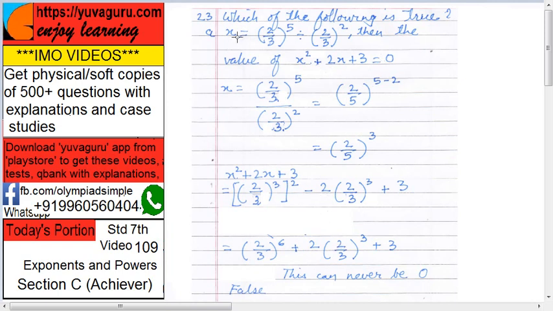Why? Because x is plus. Is there any minus sign in between? So this answer will definitely be plus. Now if this answer is plus and you input this value in this expression, can this ever be 0? Because it is plus, some number will be there. That's why this answer can never be 0. So this statement is ultimately false.